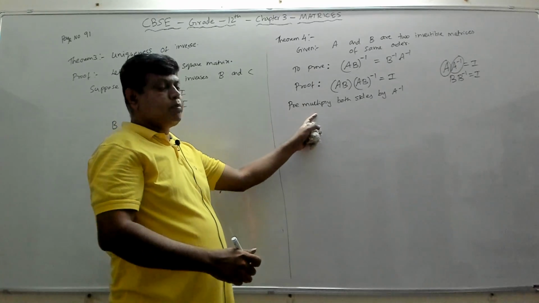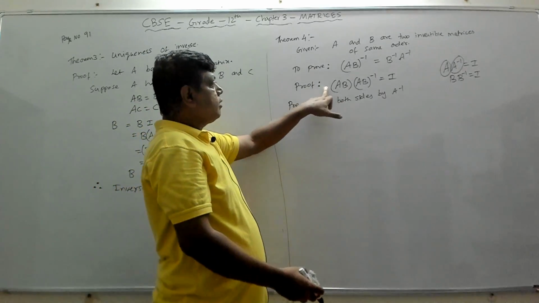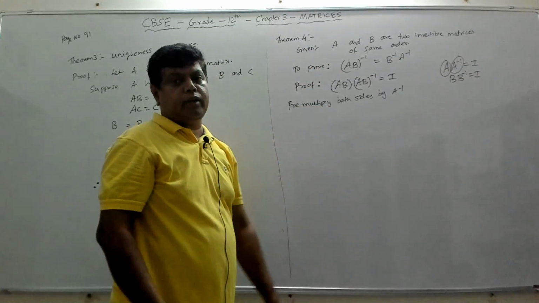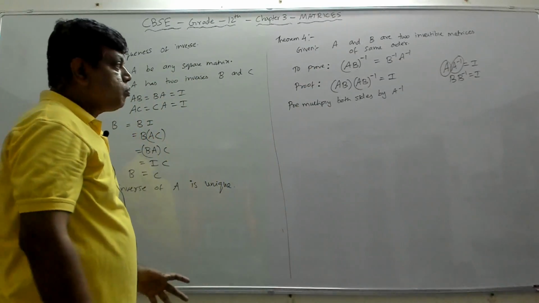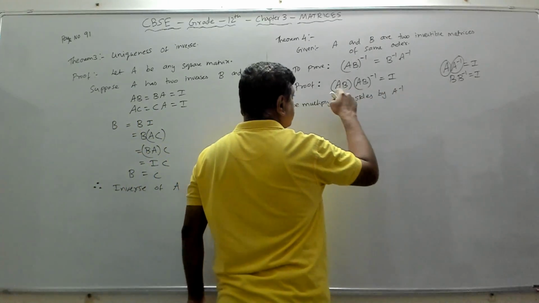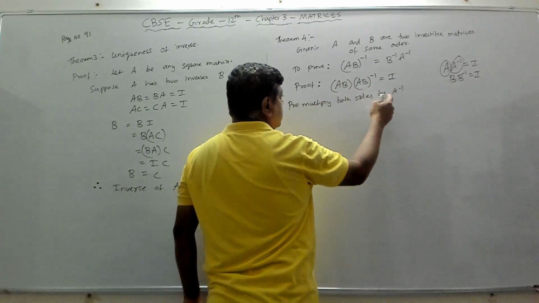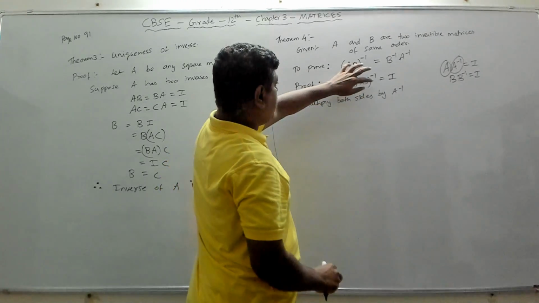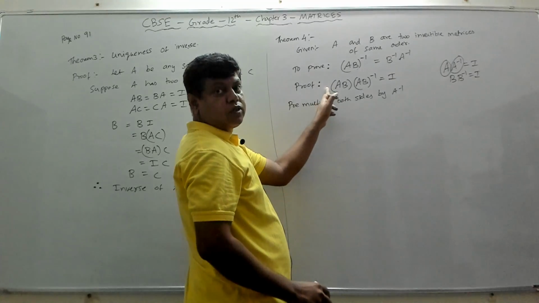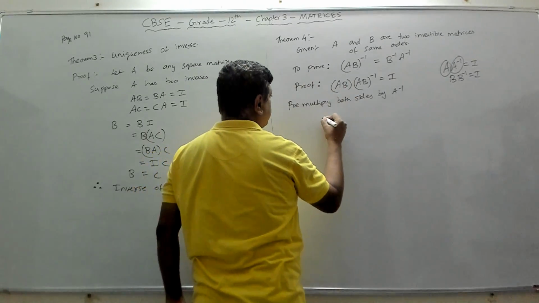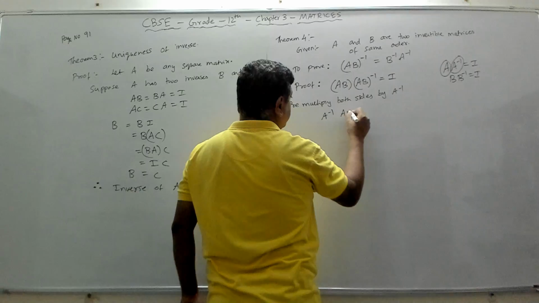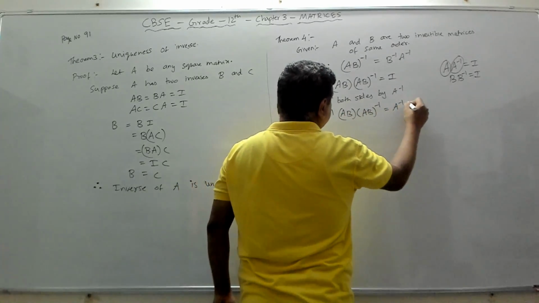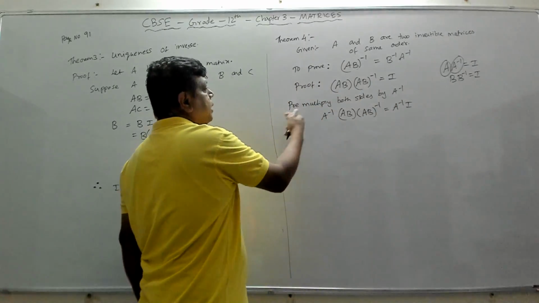So we are going to multiply. What is the meaning of pre-multiply? Means we will put the A inverse here. If I put the A inverse here, then that is called post-multiply. So pre-multiplying means first I am going to put A inverse. I'm going to multiply with the A inverse on both sides, which means A inverse will first come. The pre-multiply means this is one matrix before this. That is called pre. So I'm going to put A inverse here. So A inverse into AB the whole inverse equal to A inverse into I, because I'm pre-multiplying.